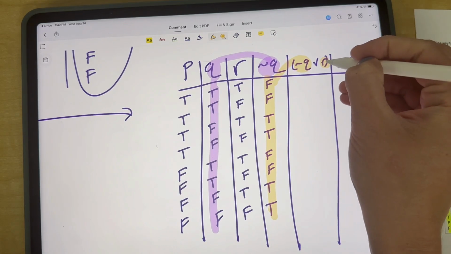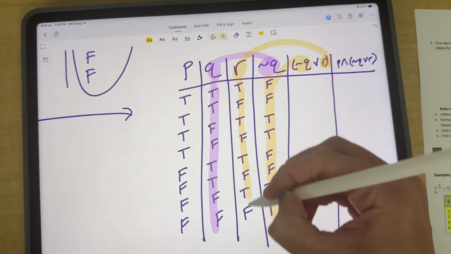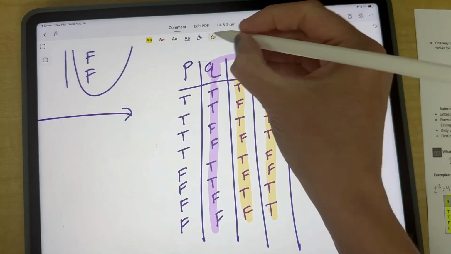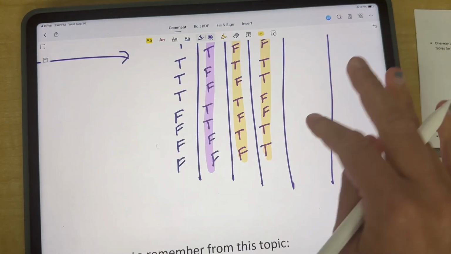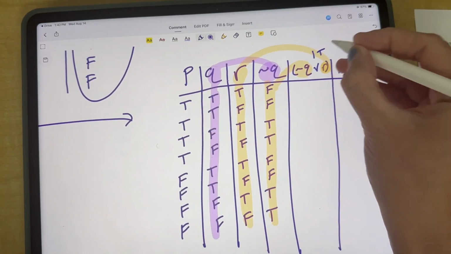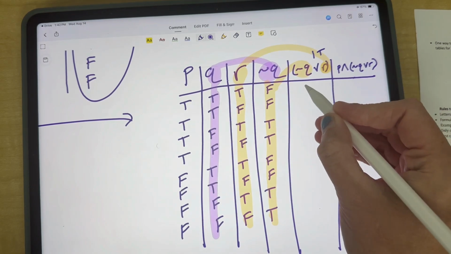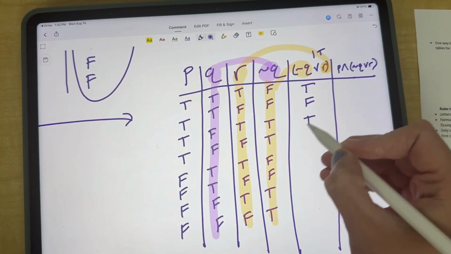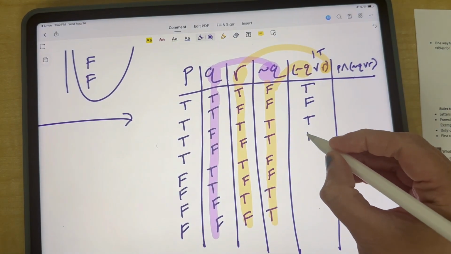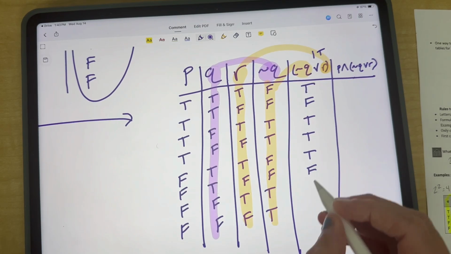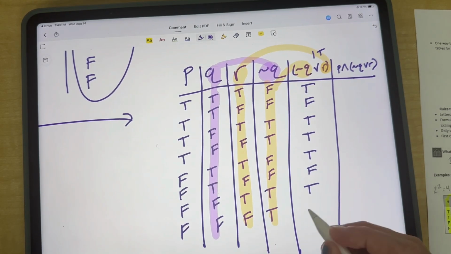Okay, or R. So we're going to go to R. So we haven't used P yet, and that's okay. This one we're only comparing the 2 yellow columns. Okay, and the arrow is pointing down. So how many truths do we need? We only need 1 T. Okay, do we have 1 T in the yellow? Yes. FF, so that's a no. Do we have 1 T? Yes. Do we have a T? Yes. Do we have a T in that row? Yes. FF, nope. TT, yes. FT, there's still 1 T, so we're good.